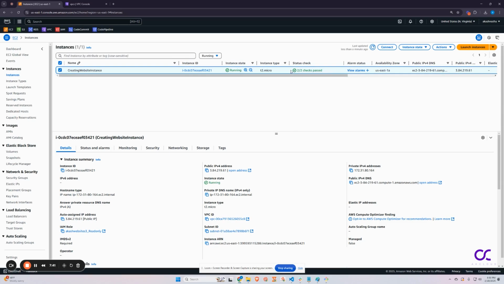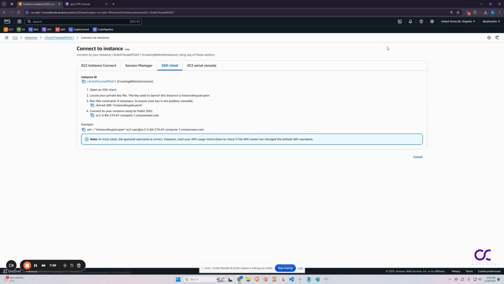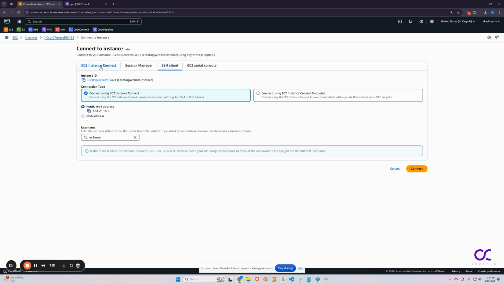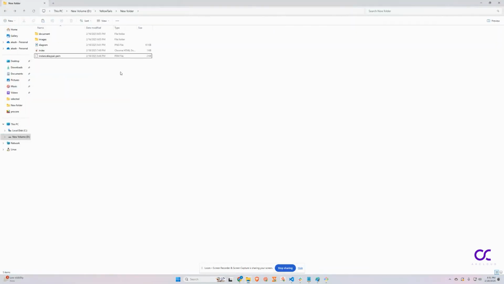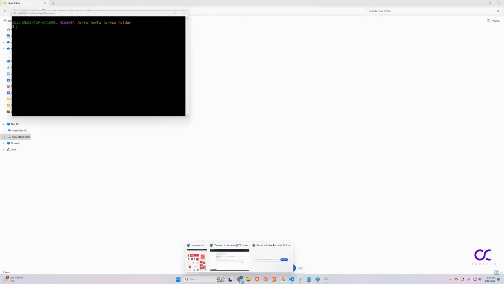So as you can see here, the status check, both of the status checks are completed. So now we can go through Connect, and we can go to EC2 Instance Connect. It will pop up the console right here. But I wanted to show you doing SSH. So you right click, go to Git Bash,